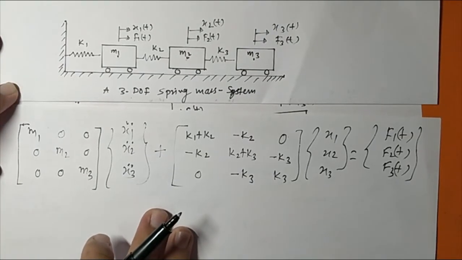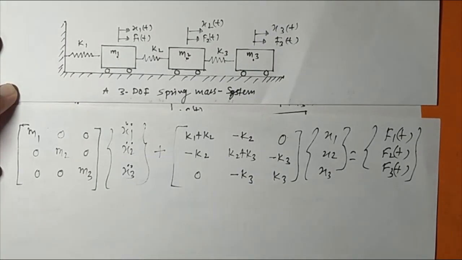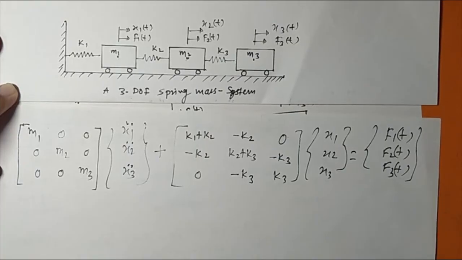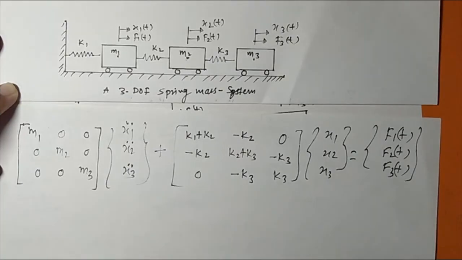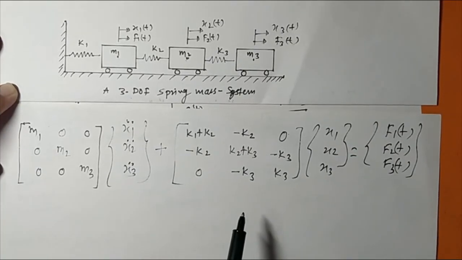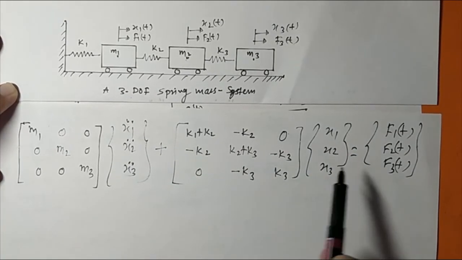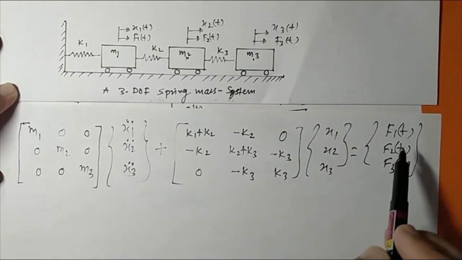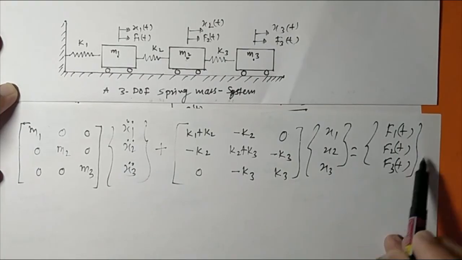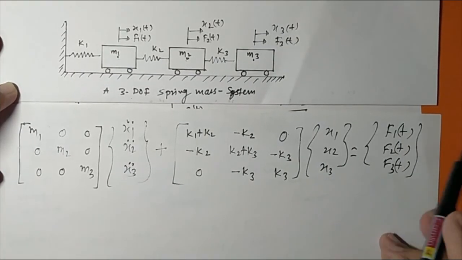So steps, first of all, we have to draw the free body diagram by identifying all the forces acting on all the masses. Then we apply Newton's second law, or you can say force equilibrium approach on all the masses, and we'll get the governing equation for individual masses. Then we can put those governing equations in mass matrix form, stiffness matrix, displacement vector, and acceleration vector, is equal to, if we are talking about free vibration, then this force vector is 0, otherwise there would be a force term.